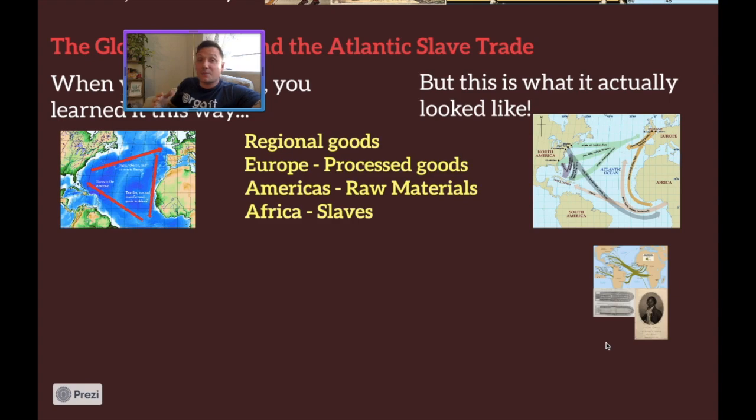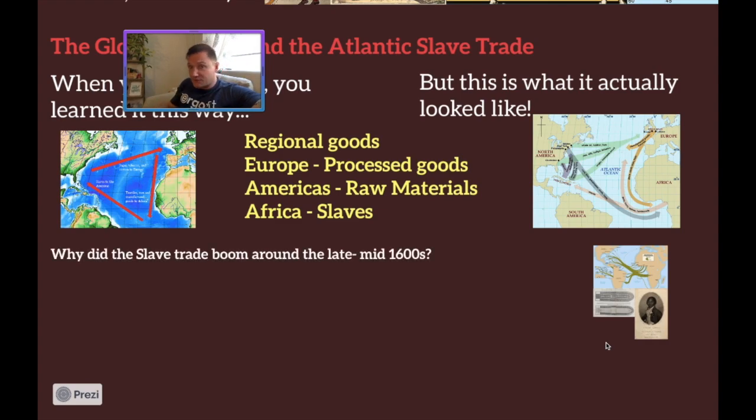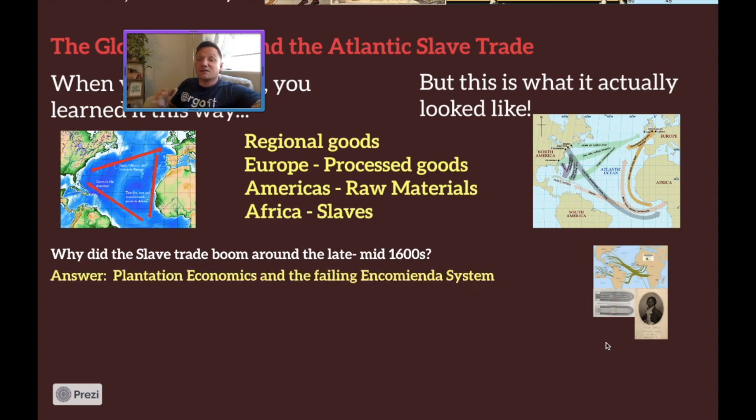If you were to break it down by region, you would just basically cook it down to this idea. Europe's got the processed stuff, America's got the raw materials, and from Africa you're seeing the expansion of the slave trade. Now, we talked about this briefly in class. Why did the slave trade boom around the late to mid 1600s? Well, the reason is because plantation economics are growing and the failing encomienda system is killing off the native